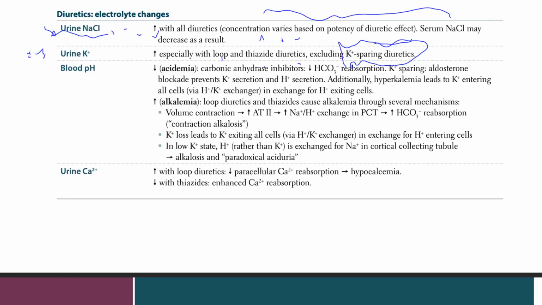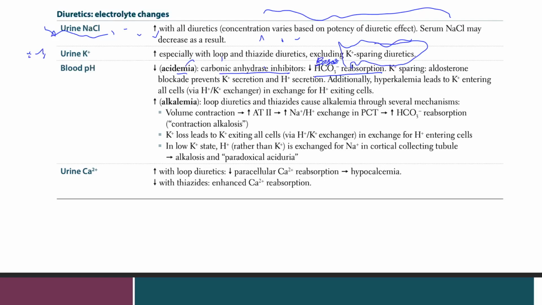Blood pH. Now, blood pH, acidemia would be caused by carbonic anhydrase inhibitors. We talked about it already, because it decreases the bicarb reabsorption, and bicarb is a base. When you cannot reabsorb a base, you're gonna go into acid,